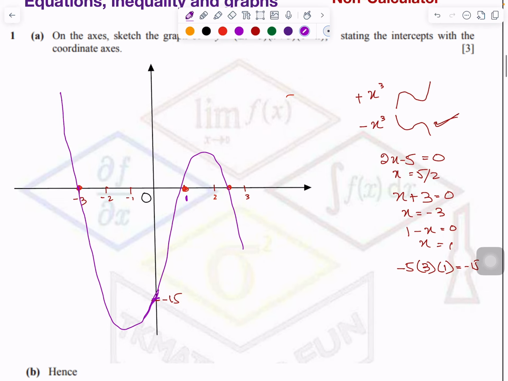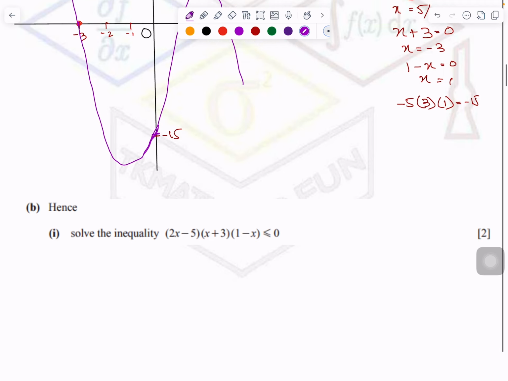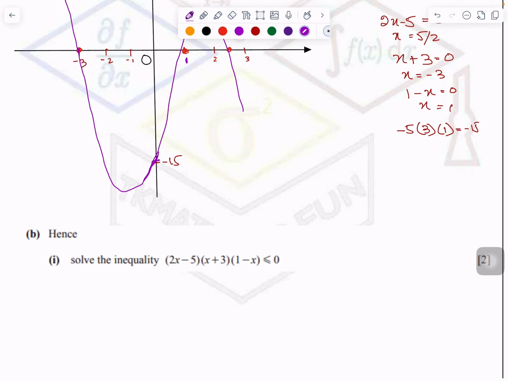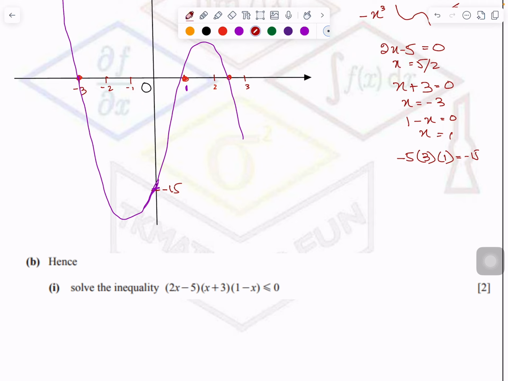Now the next part of the question is hence solve the inequality. When the word hence comes, it means you have to take help of the previous part. Now when you substitute the values of x here, the answer you get is actually representing the answer of y. Clear? So the meaning of this question is y is less than or equal to 0. So which part of the curve has negative values of y? Let's see here. So if you see here, this part of the curve